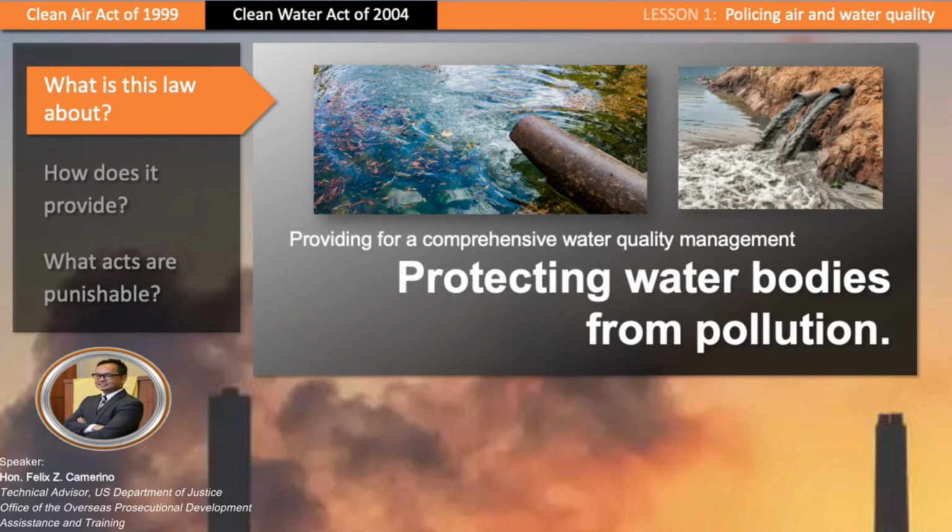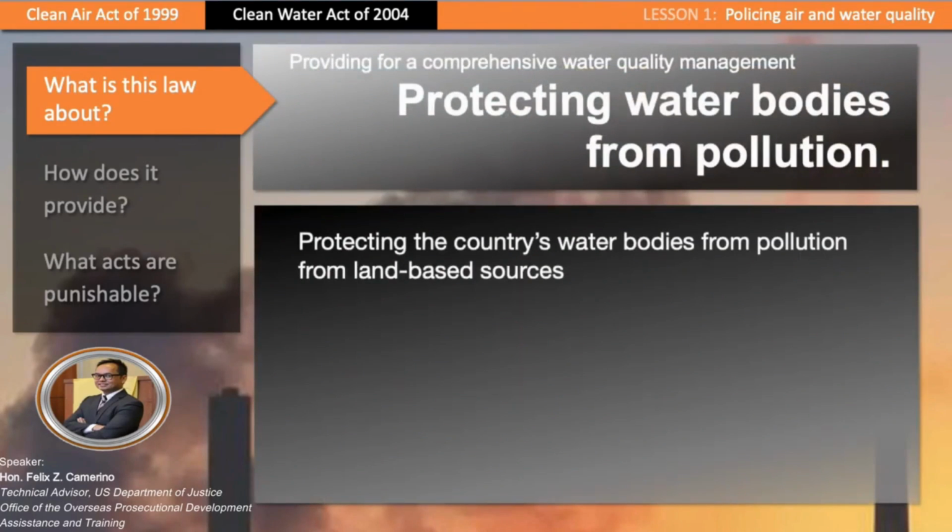What else is involved with that? All right, so let's take a look at a couple of slides that discuss that briefly. The first one is on protecting water bodies from pollution. This actually qualifies that the objective of protecting water bodies from pollution is not,